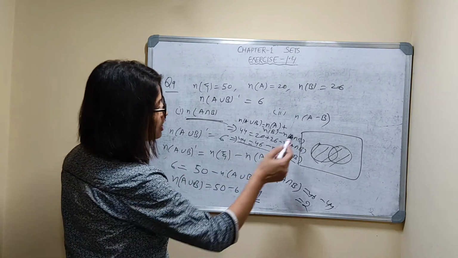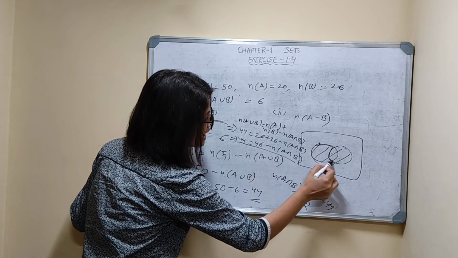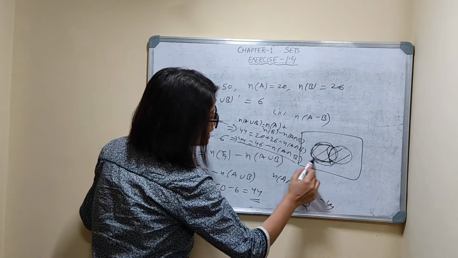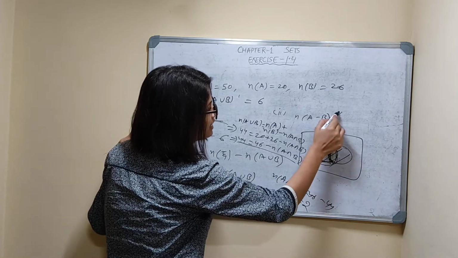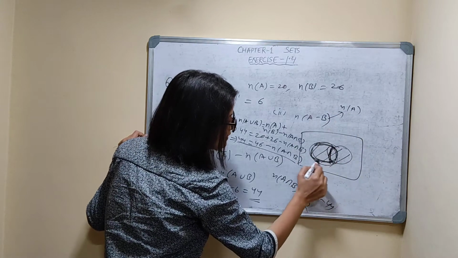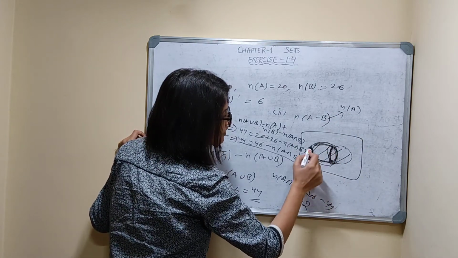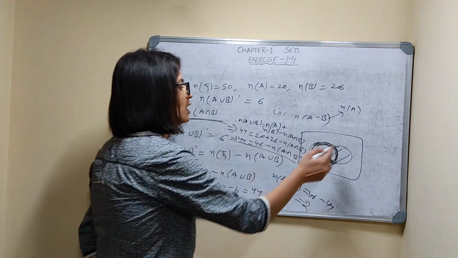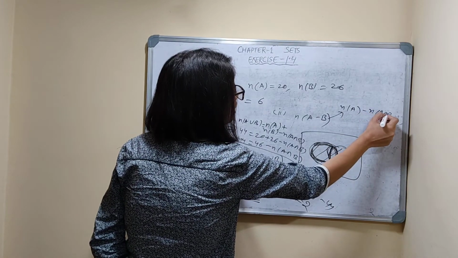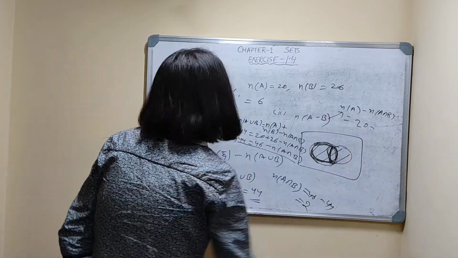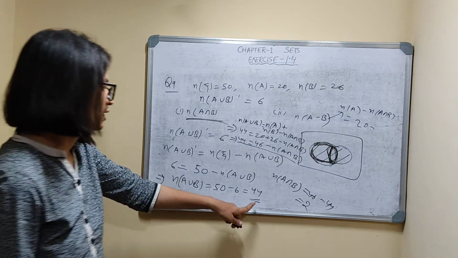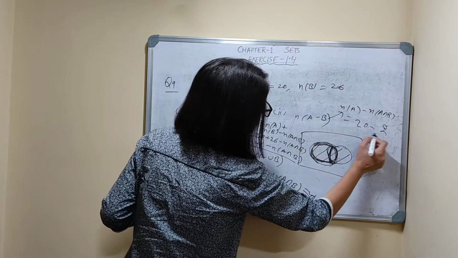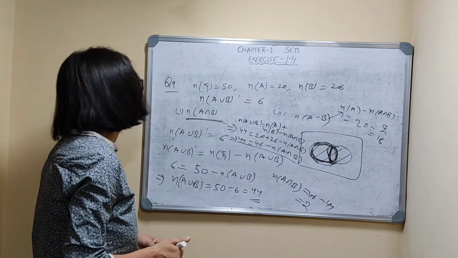Now they are asking what is the value of n A minus B, means what, how many elements are there in this part. So how can you find? I can do n A minus n A intersection B. So I get n A, total number of elements in A, minus total number of elements in A intersection B. So I will get elements in A minus B. So n A minus n A intersection B. We know all the values. N A is what? 20 minus n A intersection B is what? First we know n A intersection B is equal to how much? 2. So 20 minus 2, that is what? 18. So question number 9.